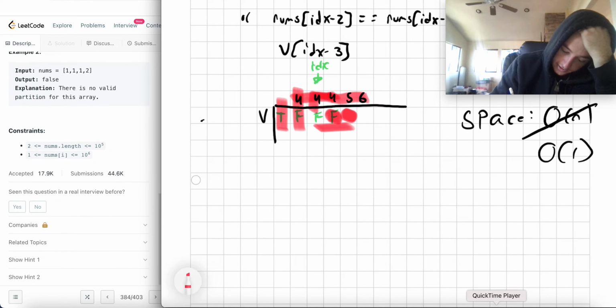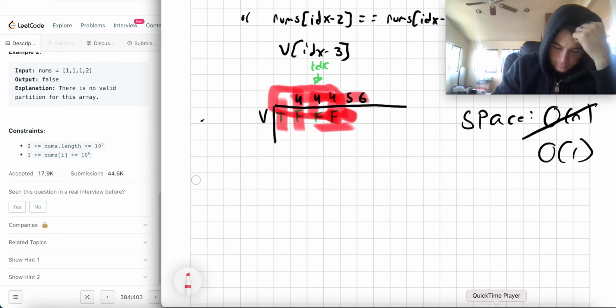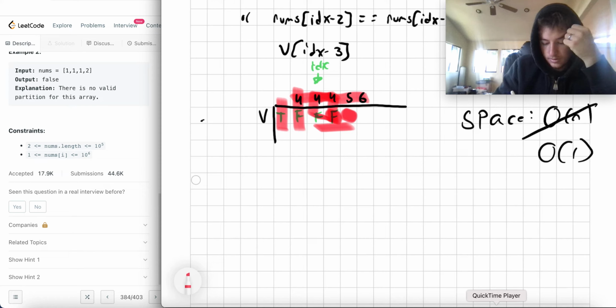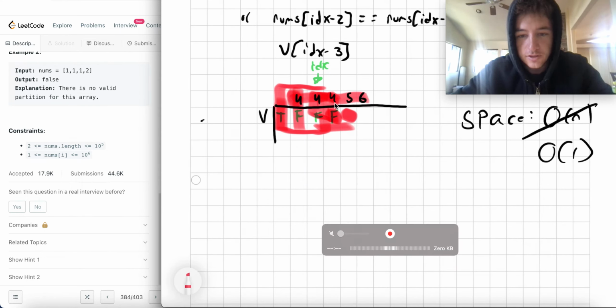So these things are equal. Nums is this whole thing here. So nums would be 3 elements when I'm checking this. So I would check the last 2, I'd check these 2, minus 1, minus 2. Because